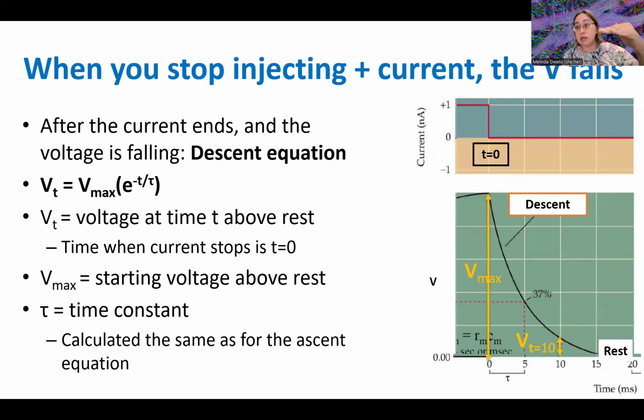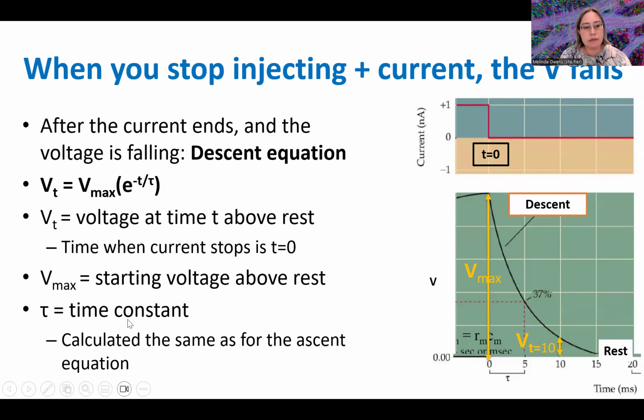Regardless of how long the current was on for, t equals 0 is when you take away the current. The equation here is V_t equals V_max times e to the negative t divided by tau. Again, V_t is the voltage at time t above rest, so this is a delta, a change in voltage. It's going to be the change in voltage at 10 milliseconds, for example, V_10 over baseline,